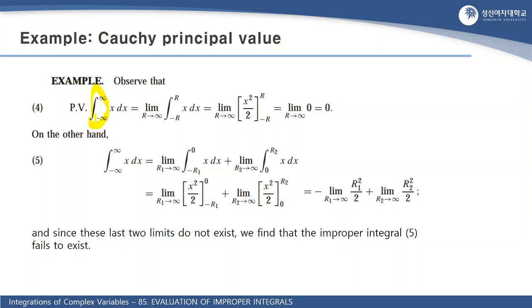If we find the improper integral using equation 2 here, first we check the second part here. The first term will approach negative infinity because